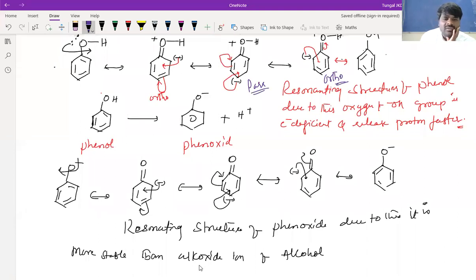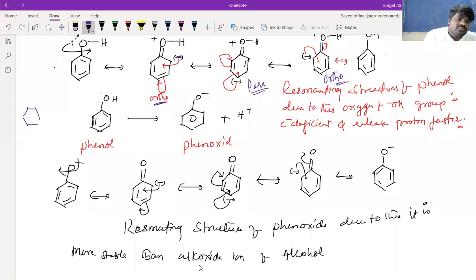In presence of hydroxyl group and benzene, electron density increases. That negative charge comes at ortho and para position only. This is the meaning of the hydroxyl group of phenol being in conjugation with ortho and para position of benzene ring. This is the meaning of the sentence I wrote. What is the meaning of conjugation with ortho and para position? Hope you know what is meant by ortho and para position.